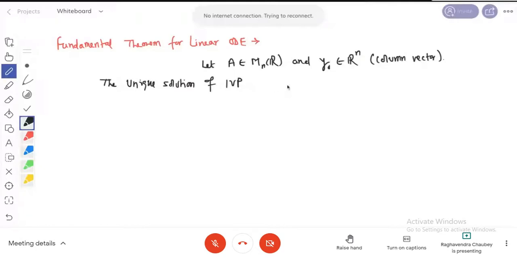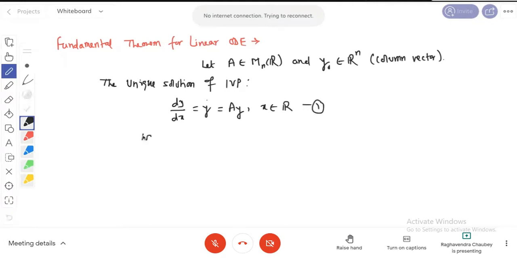If we consider, here we can write your initial value problem, which is defined like dy over dx, that is y dot, equals Ay, where x belongs to R. This is equation number one,